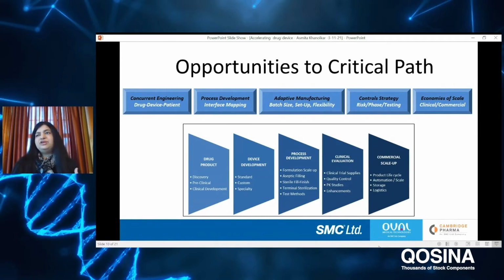In my previous slide, we talked about how we get through these cycles of development, manufacturing, and testing in a concurrent way, and taking that one step deeper to making sure that we are also doing concurrent engineering of drug, device, and patient input is a conversation that is important to have for opportunities for critical path. The second